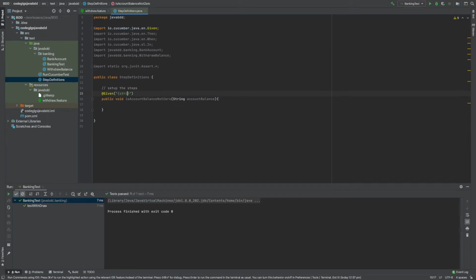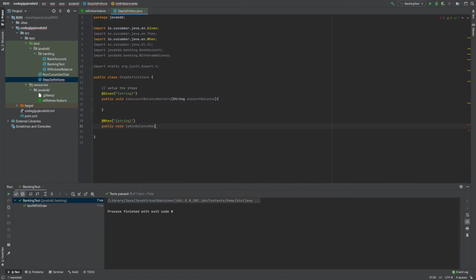Therefore we are going to be taking this mapping by calling a string inside the curly brace. Now the same format is going to be copied over for all different steps. For example, in the when step we are also going to take an input of a string inside the curly brace, because for when we have passed 500 as double quotes, therefore we will again define another method and we will call it